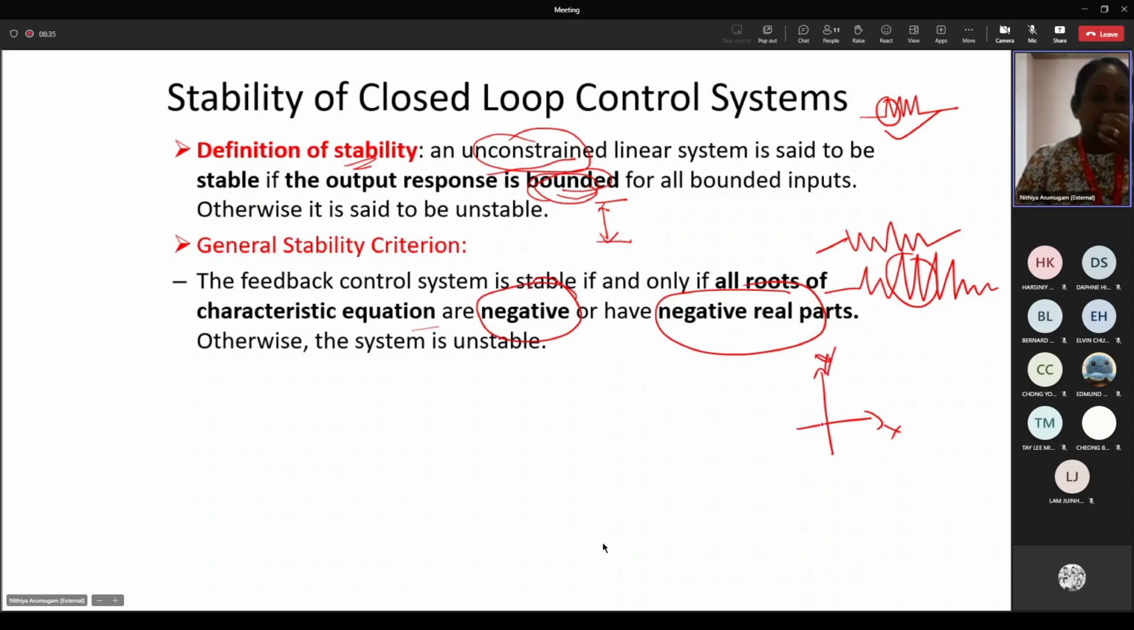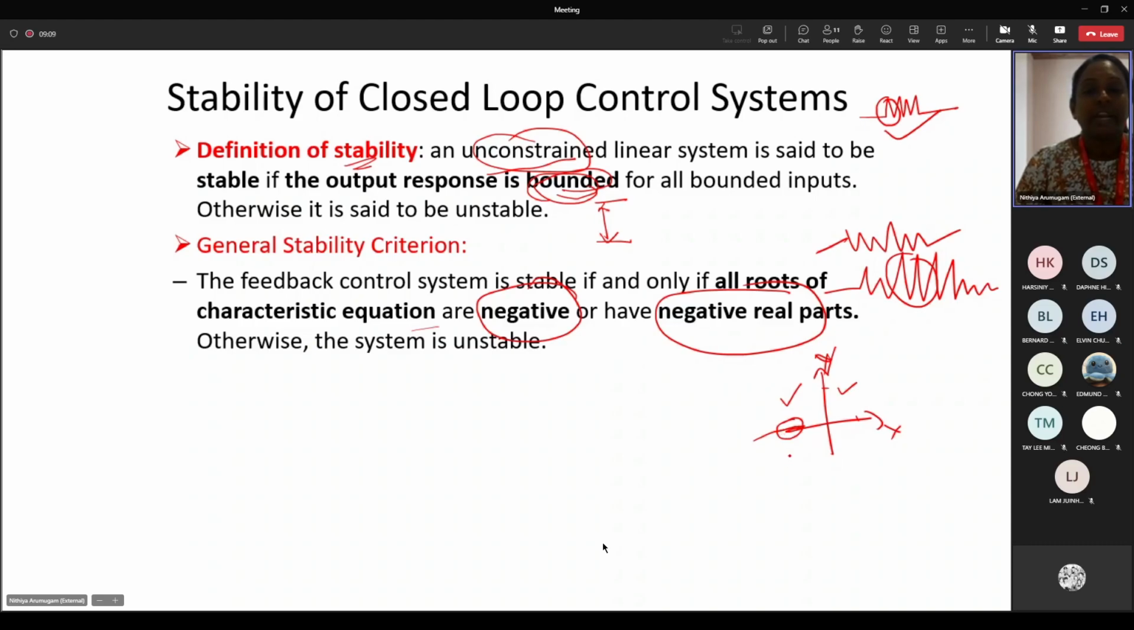If all roots of the characteristic equation are negative or have negative real parts, meaning that it falls in this region, if you notice, this is a positive and positive axis, correct? So we don't have any negative value, so we call that unstable. If it falls here, we have at least one portion. We call that real part a negative value. So this is a